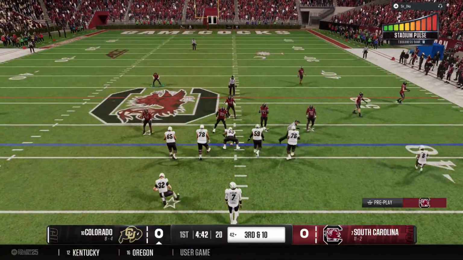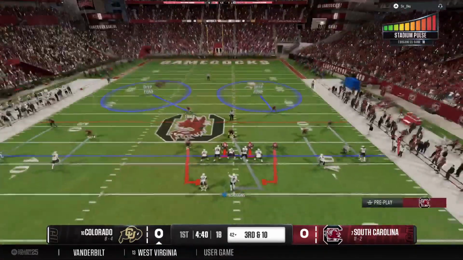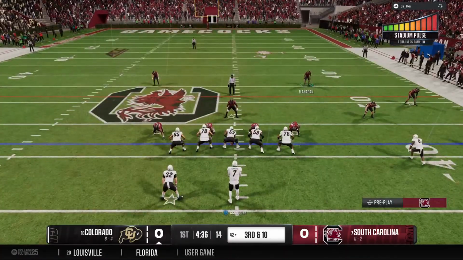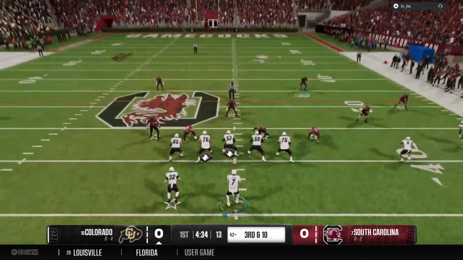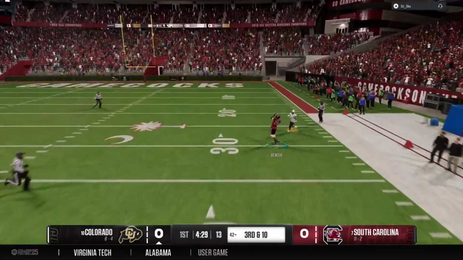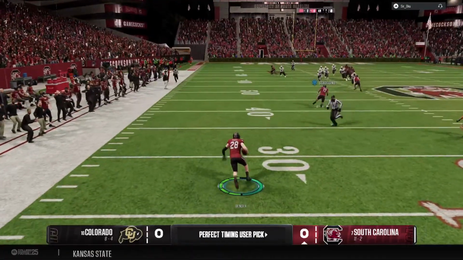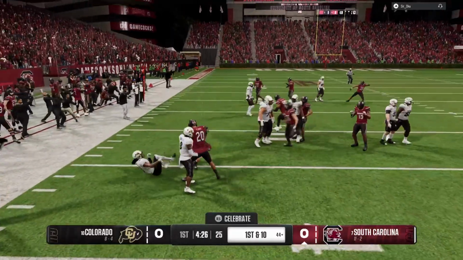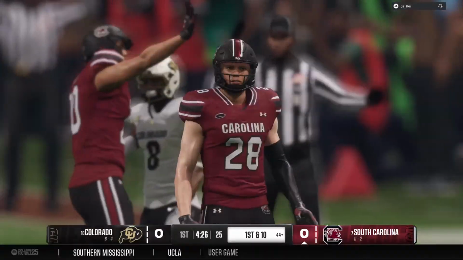The offense facing a tough conversion here. 3rd and long from the 42. Dropping back, looking to throw for the first down. He's going for a big play downfield. Oh, the pass is picked off. And he's got some open field ahead. And that's a solid return after the interception.